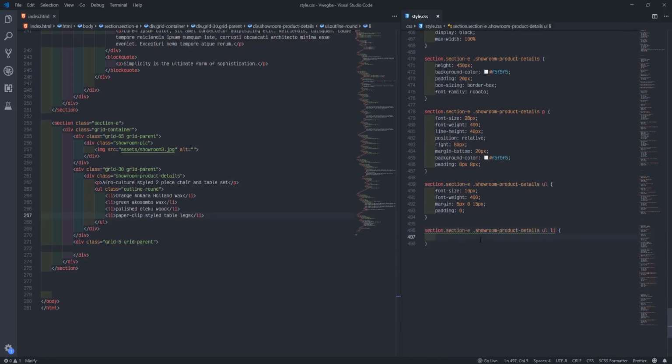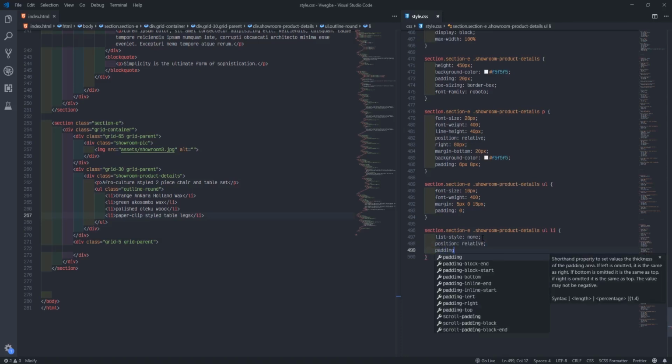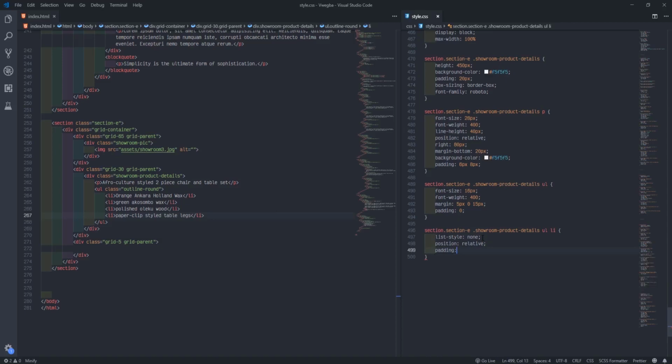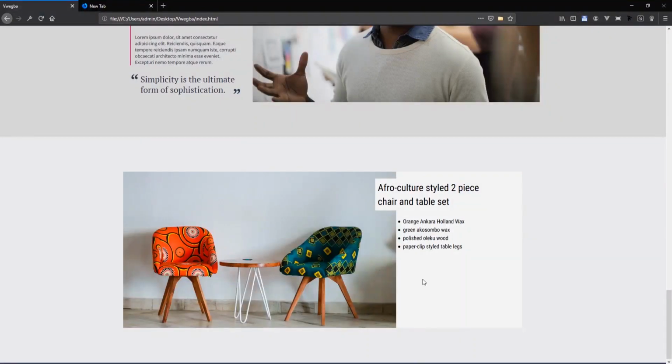The first thing I want to do, I'll say list style, none. List style, none. We'll put position relative, because we'll put absolute for that thing later. The custom bullet one I want to use now, or the custom style. So, I'll say padding 0, 0, 20 pixel, 20 pixel. I try create space. You see how? I don't create space now.